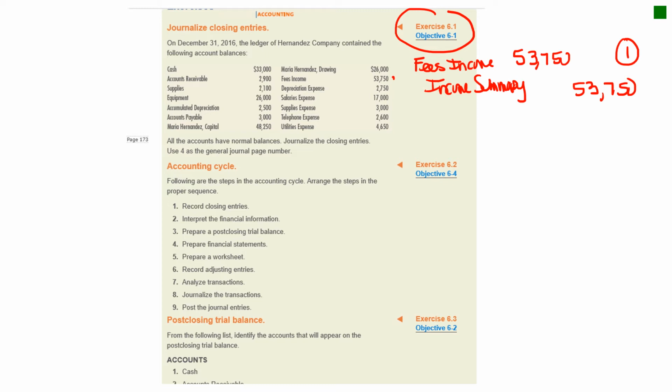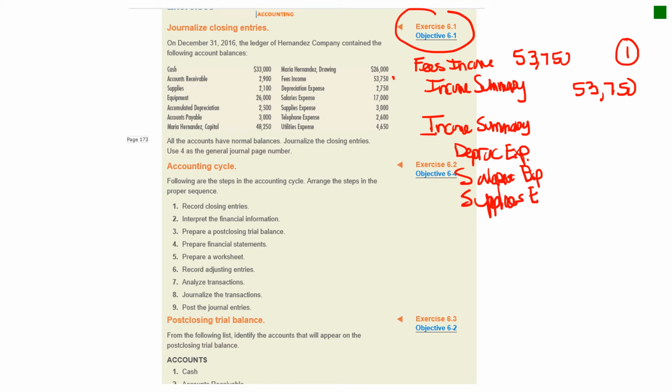So the second one then is to close out the expense accounts. Notice they list them all here. So to close out those, we're going to have to credit them. So we're going to be debiting the income summary account. So basically you just do a compound entry here. I'll list them individually. So you have depreciation expense, you're going to have your salaries expense, supplies expense. We got telephone,